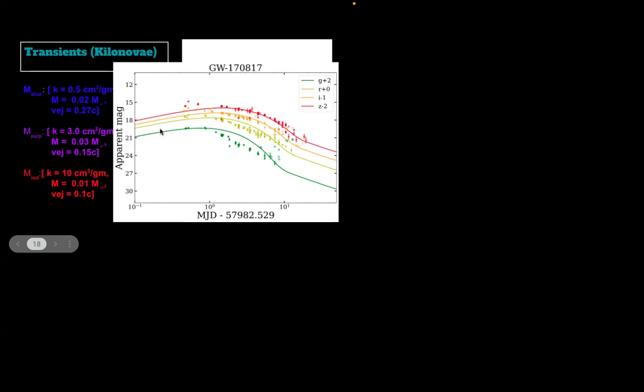You might have a blue ejecta, and if you increase it you get a good fit in the blue part, but you also have to take care of the red part. The reason we have taken this MOSFiT model is that they have done it for the first time for all three ejecta. People usually do it for a two-ejecta model, but they homogeneously did it for three ejecta in one fit.